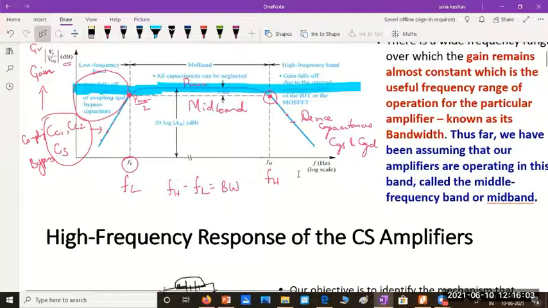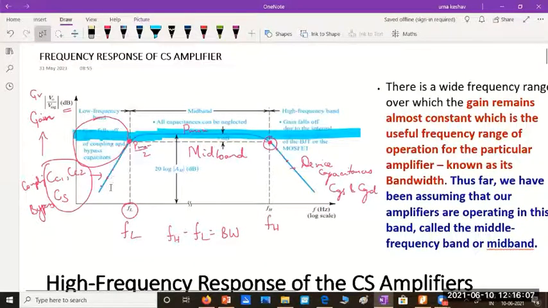We were discussing the frequency response of a common source amplifier using MOSFET, and we said the ideal frequency response curve should have been a straight line. That is, gain should be the same at all frequencies, but practically that doesn't happen because gain varies with frequency. Gain remains constant only almost in the middle frequency range between a lower cutoff frequency FL and a higher cutoff